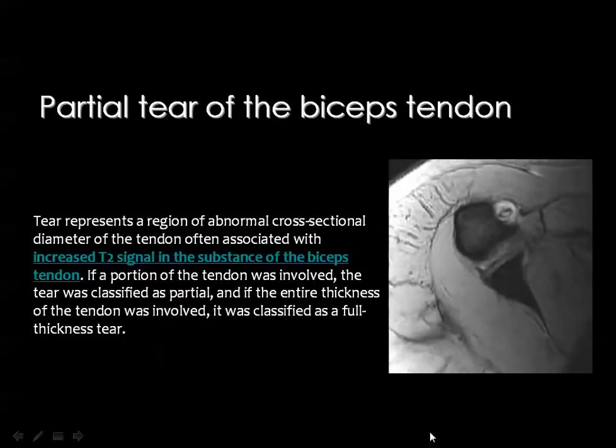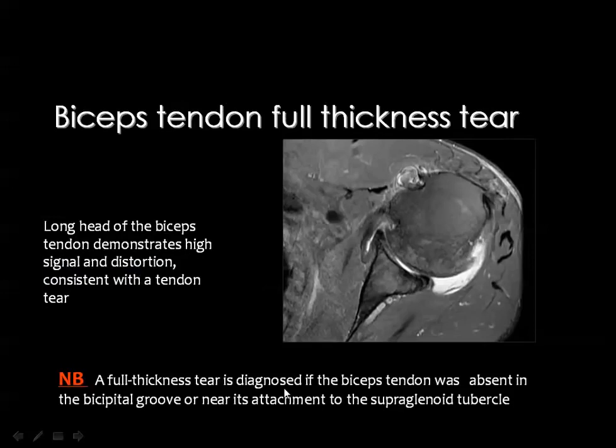Okay, partial tear or complete rupture of the biceps tendon means that you cannot see the tendon in cases of complete rupture. Instead, you will see fluid signal at its anatomic site. But if you see the tendon containing abnormal bright signal within its substance, this means that the tendon is partially torn. And as I have mentioned, if you search in the groove and you cannot see the tendon, and you see instead an area of intermediate signal which represents hemorrhage and contusion, and sometimes fluid signal also,